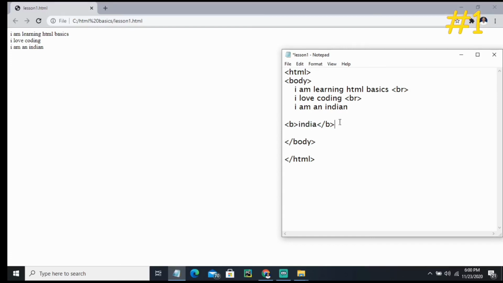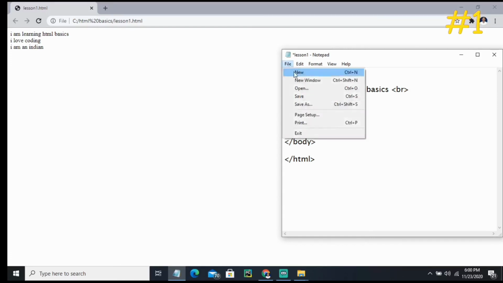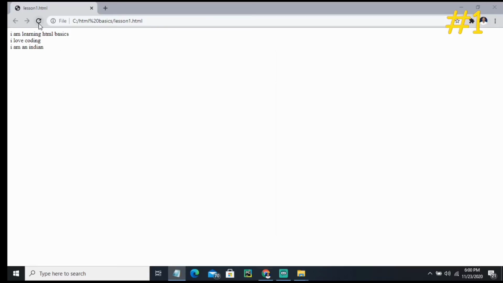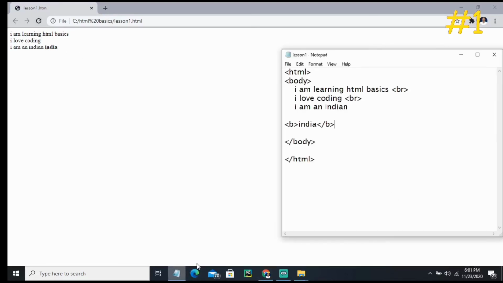Let's see it. For that we have to save it, so let's save it and then refresh. You may notice that we have written India, and India comes in bold letters. But we have a problem: it's continuing in the same line. As I told you, in order to break the line we should use the break tag.